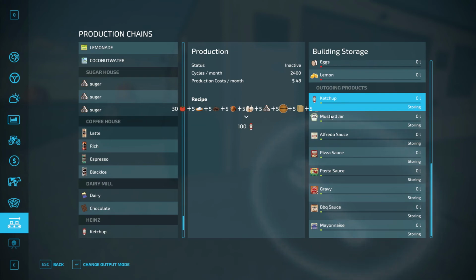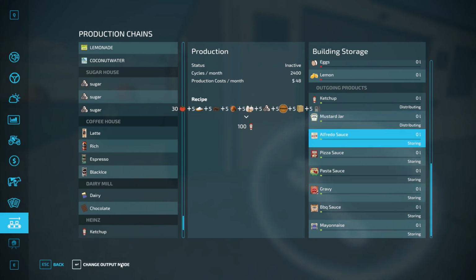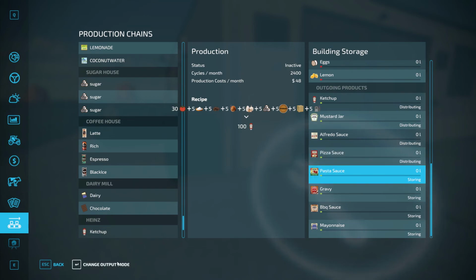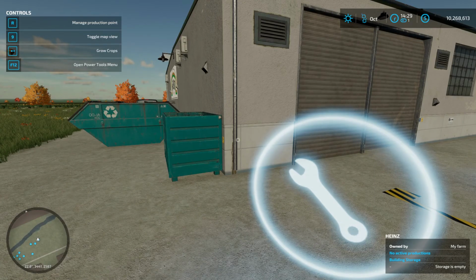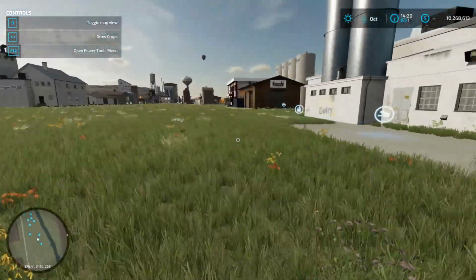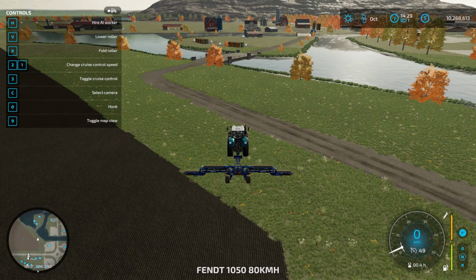Ketchup, distribute. I'm not going to activate this yet. Distribute, distribute. So all of these need to be on distributing. Alright, so they should be fine. Okay, I'm not going to plop any more factories down. Let's see if we can't get...